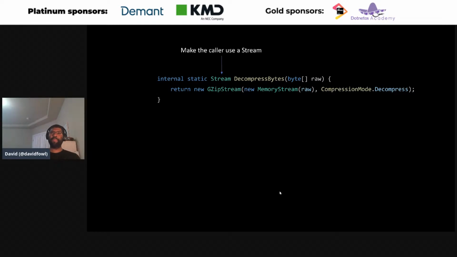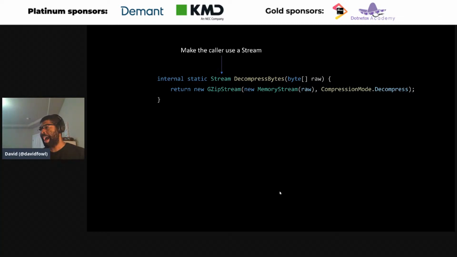The fix sometimes requires the caller to change their pattern. So yeah, this is kind of cheating because I basically changed the result to be a stream, but you want to force the caller to copy data into memory if it needs that. You don't want to do it here. If you do need it to be part of a single memory stream, then you want to use pooled buffers to do so. Don't use the actual